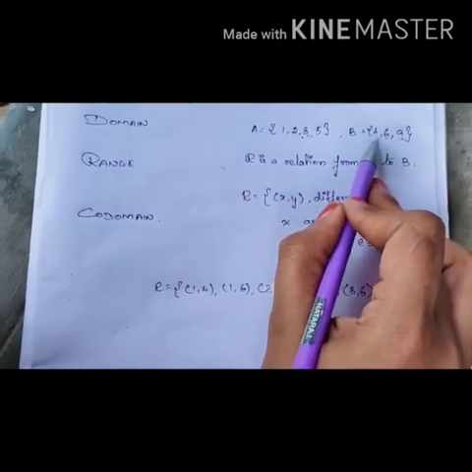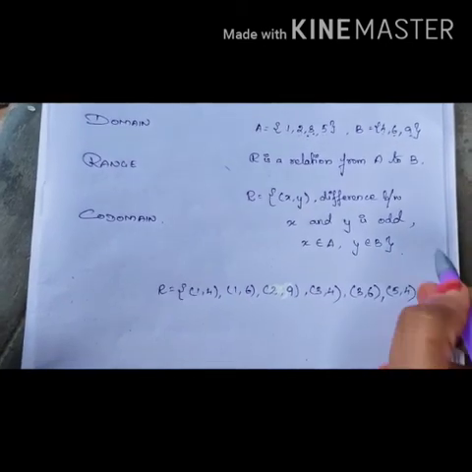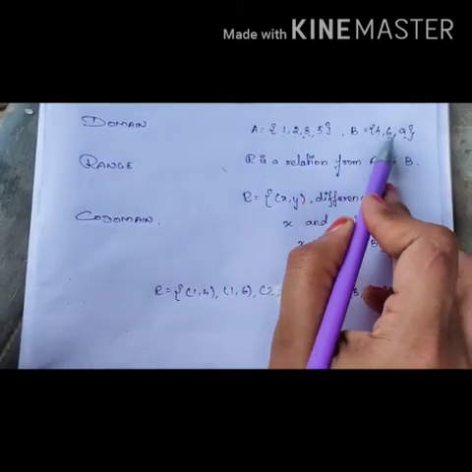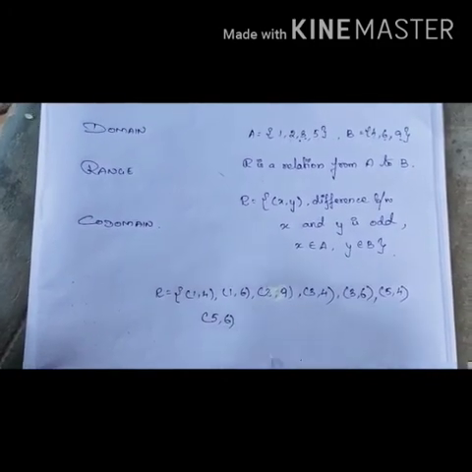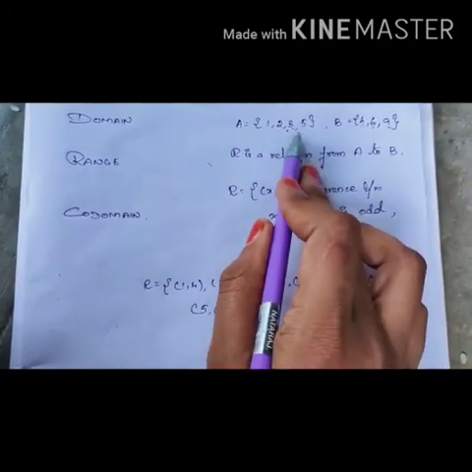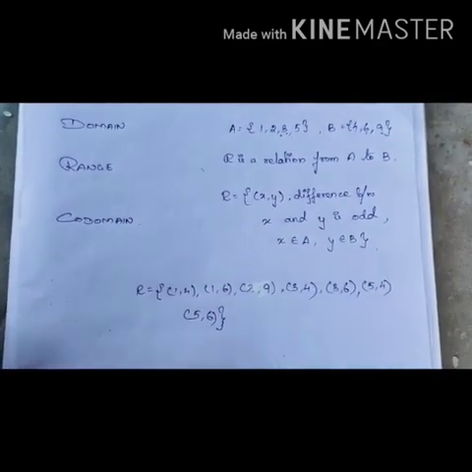Now 5 and 4, the difference is 1, so this is an ordered pair. Next 5 and 6, the difference is 1, which is also an ordered pair. Now next 5 and 9, the difference between 5 and 9 is 4, which is even, so it is not in our